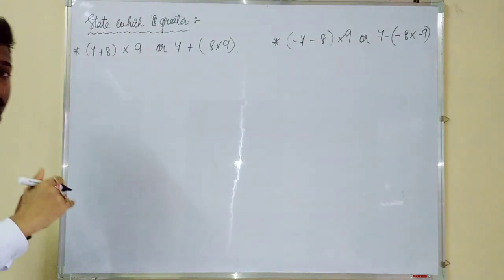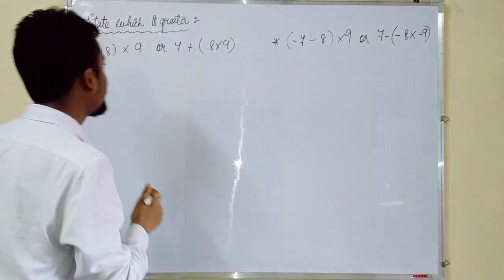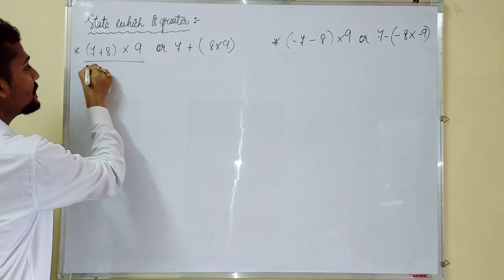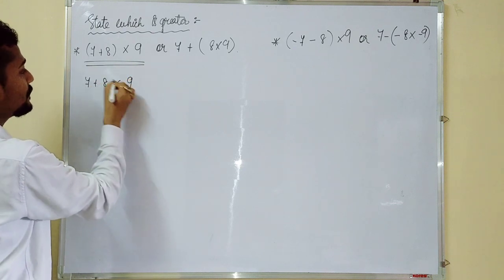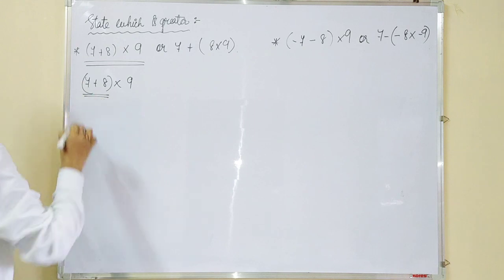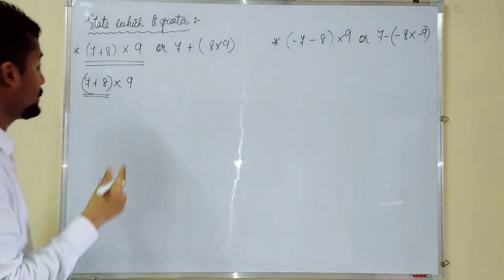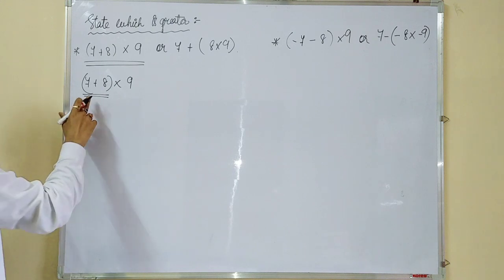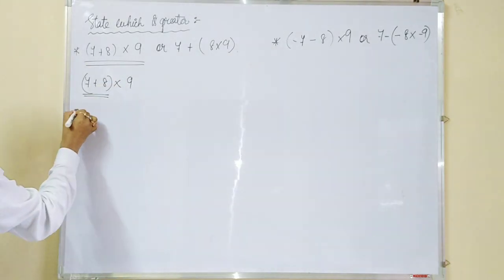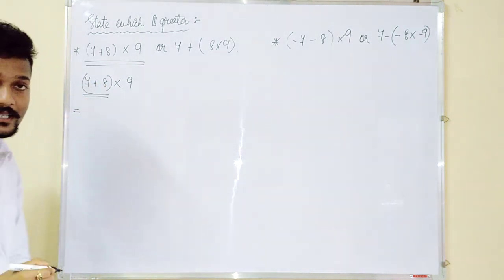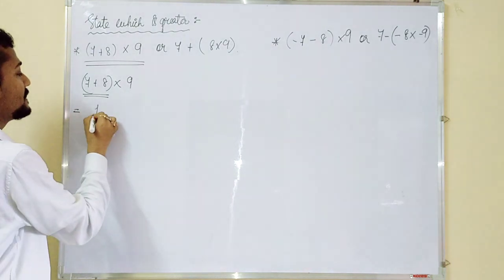First one I will do it for you all, and the second one you will try to do by yourself. Okay, so first one, (7 + 8) × 9. So let us do (7 + 8) × 9 first. That means bracket. BODMAS, if you have done, then you have known that by BODMAS, B comes first, that means bracket comes first. So what it will be? 7 plus 8, it will be 15.